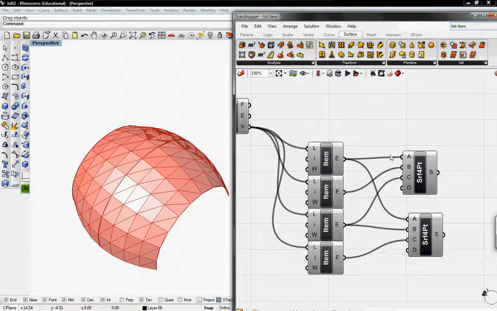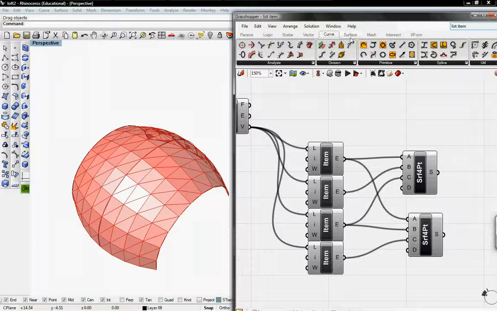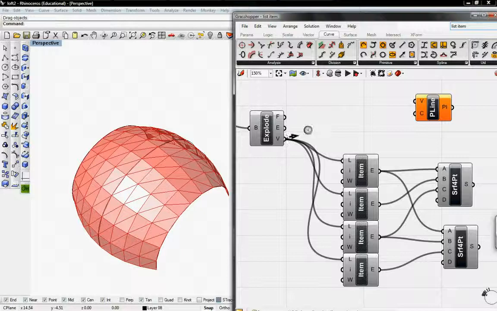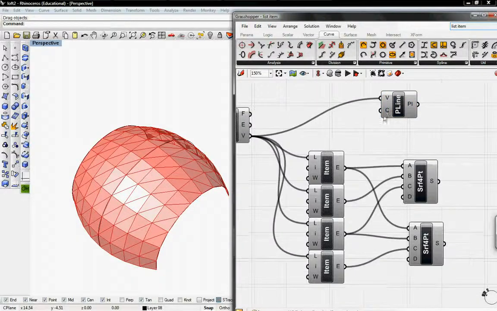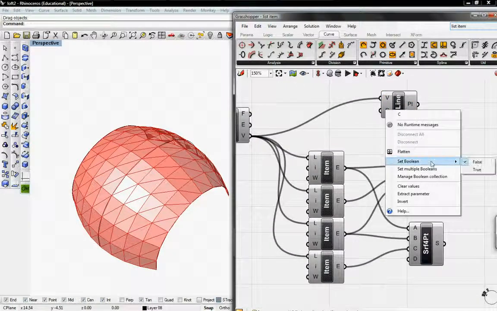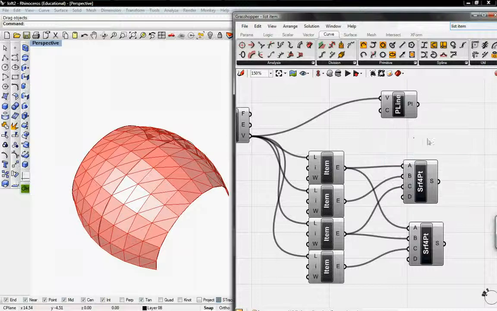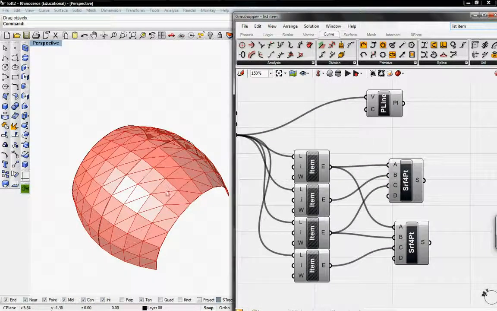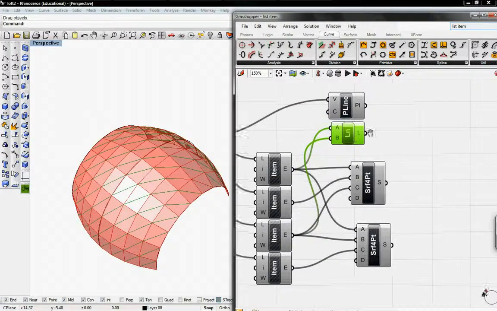And next we want to create the structure of our panels. So we're going to go to curve and grab the polyline tool. I'm going to connect this to the vertices and then change C from set boolean from false to true. And then I also need lines for the spiral, so I'm going to go from primitive and grab the line tool. I'm going to put this into the first item and the third item, and this will give me the